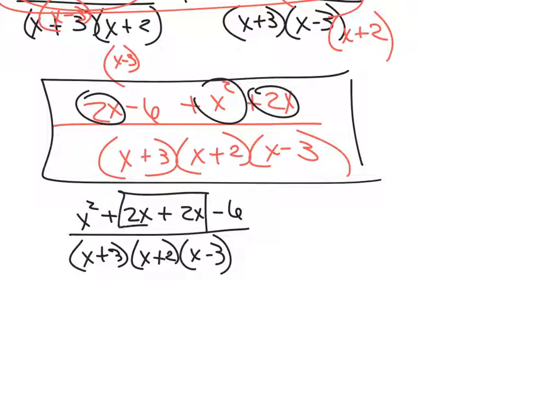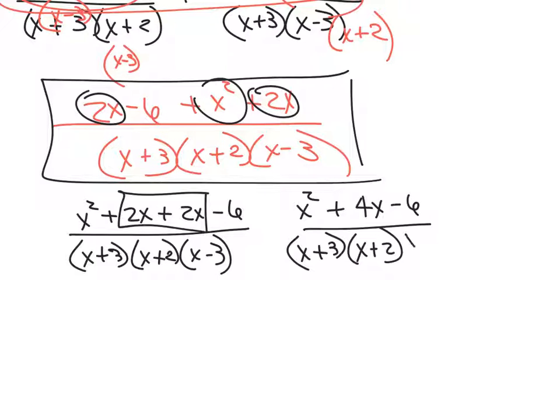So let's combine these two. See, notice how this just kind of goes on and on and on. Now we're going to take that and see if we can reduce it into two